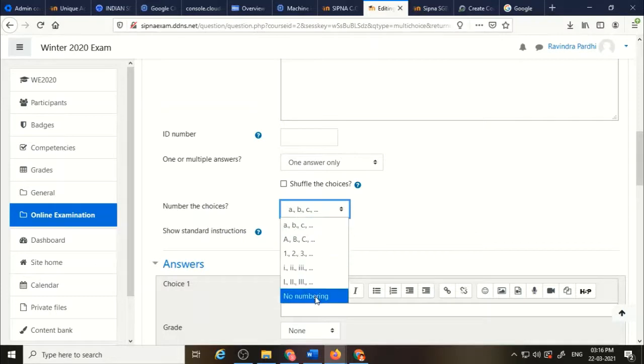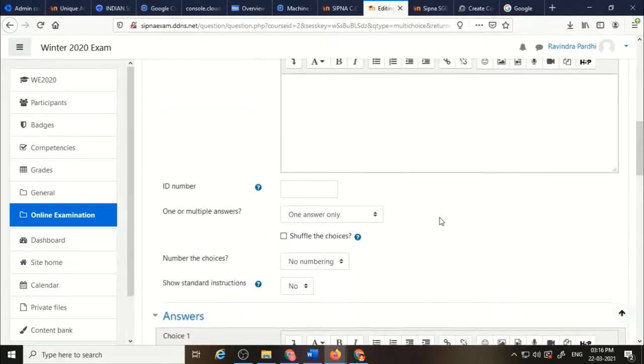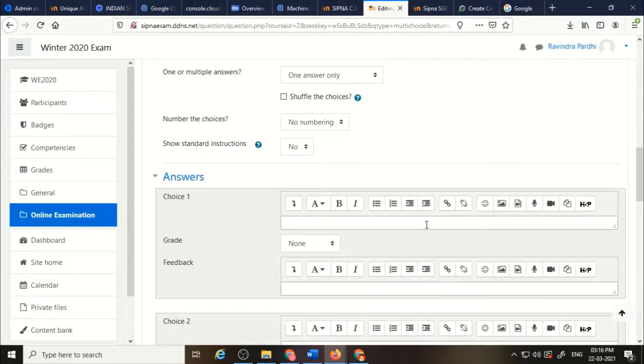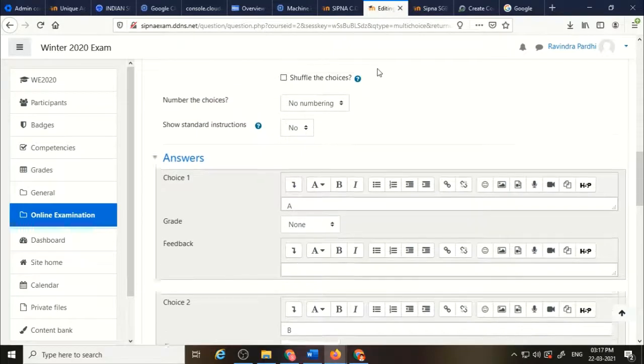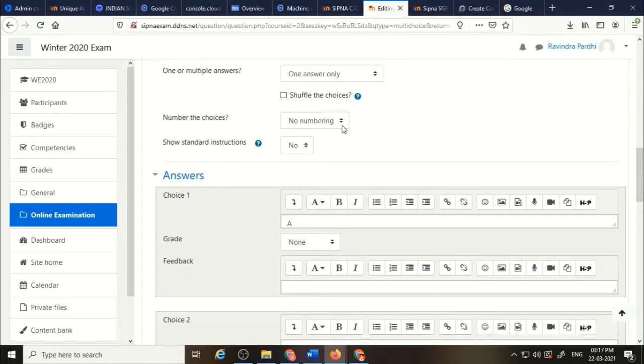Also we are going to select no numbering from here, because the numbering has already been given and we are going to mark it manually like this, otherwise it will get repeated. Okay, since we are giving options A, B, C and D in the option choice boxes, we don't need to select the numbering style from here. Here we must keep it as no numbering.